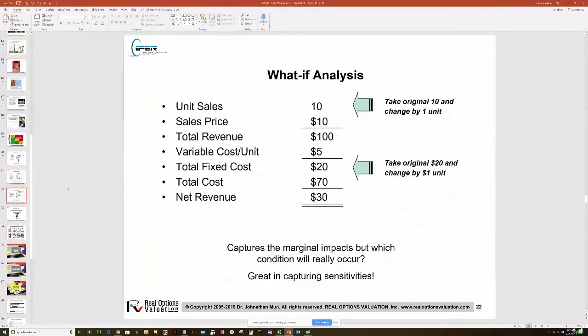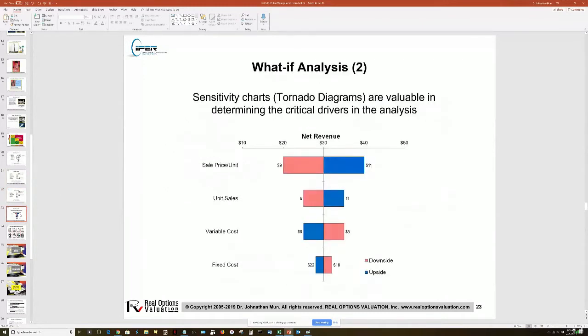You can also do what-if analysis, which is something called sensitivity analysis. What if this gets perturbed, changes plus or minus 1%, plus or minus 1 unit? What happens? Surely you can do that. We call this a tornado analysis. So we say, highest bang for the buck, which of these variable inputs have the highest impact to the least impact, and you arrange it in a hierarchical structure, and therefore you get something called a tornado chart.